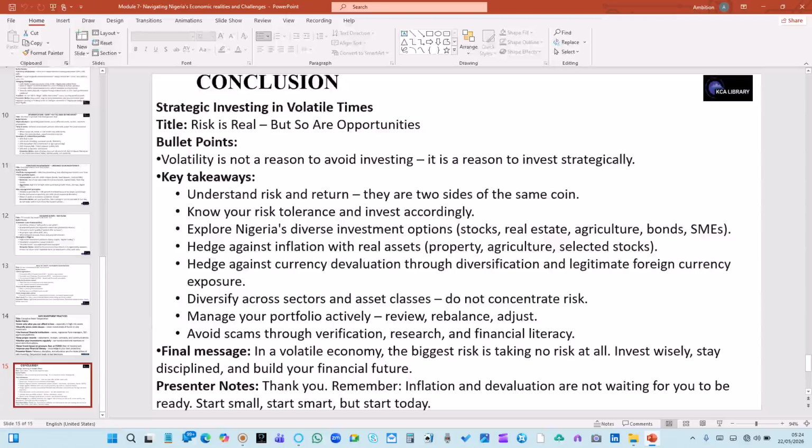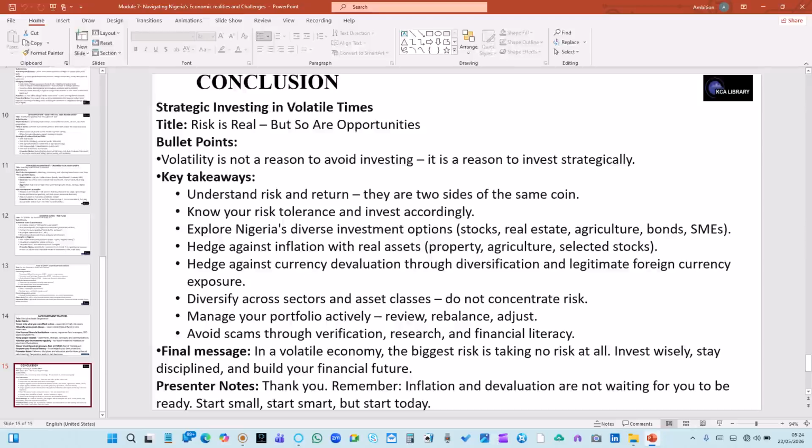In conclusion, strategic investing in volatile times. Risk is real, but so are opportunities. Volatility is not a reason to avoid investing. It is a reason to invest strategically. The key takeaway here is to understand risk and return, know your risk tolerance and invest accordingly, explore Nigeria's